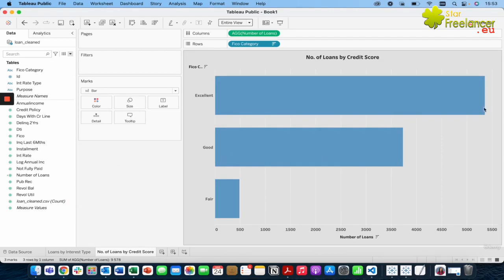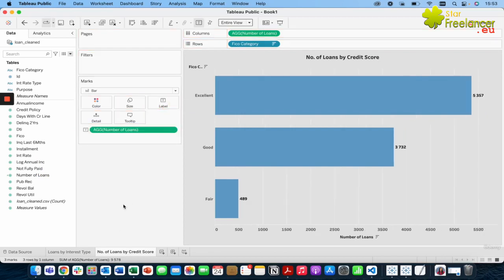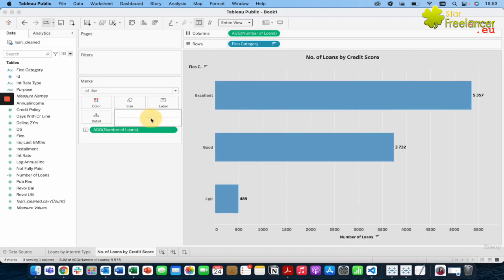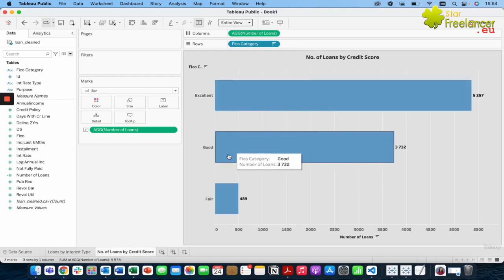If you want to add a label here, you can. If we bring in number of loans and drag and drop it to label. If you also want to maybe play around with the size a bit, if you click on the size, you can actually play around with the bar width. Right. You can also edit the tooltip. If we go to tooltip here,